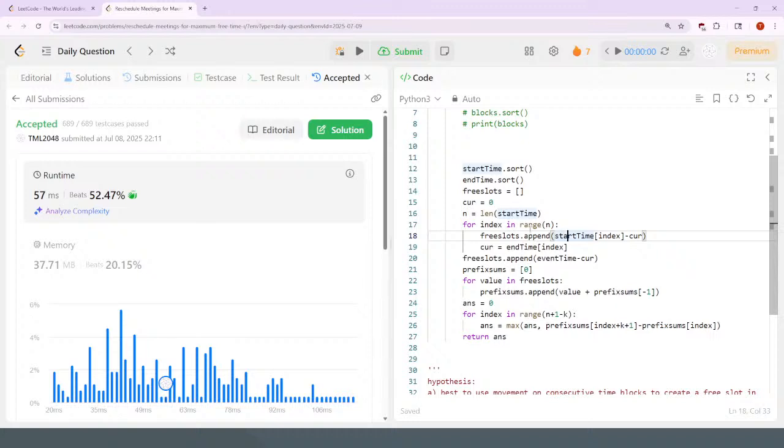I can do that on the fly, and I can, in a single loop, determine what the free slots would be for the gap that is between event i and i plus 1, and then add that to some running total,